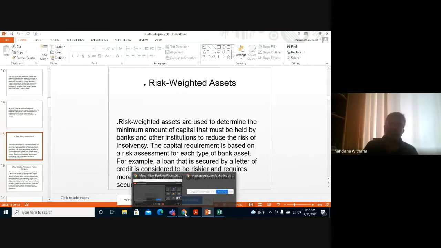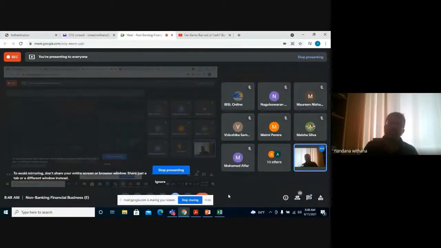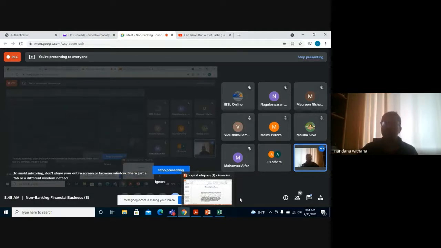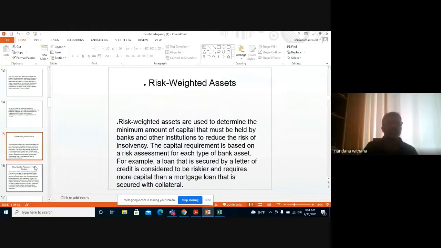Sometimes banks and even finance companies give away loans and they call them a nice term, clean loans. Means what? We don't have any asset backed and you give away loans. This is very risky. What is the risk? If the customer fails to pay back, you don't have anything to get hold of. Okay. So sometimes you give away loans with PD checks, post-dated checks. And when they don't pay, you believe you can go to courts. But the process is difficult. This is where mortgages come in handy.